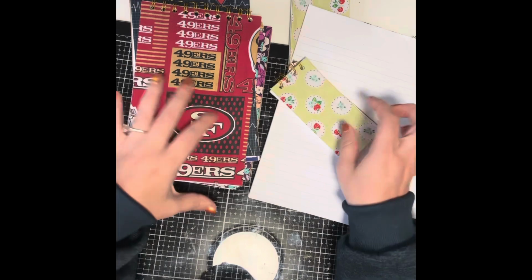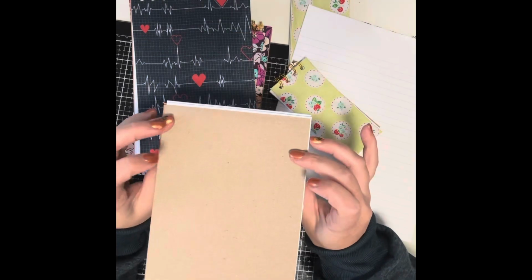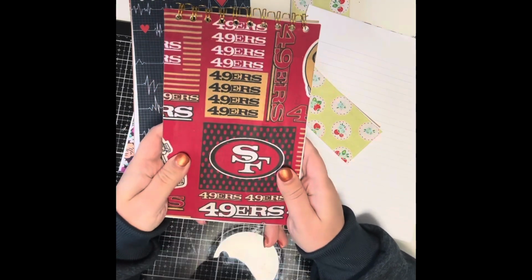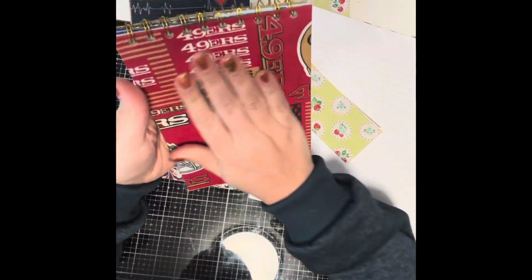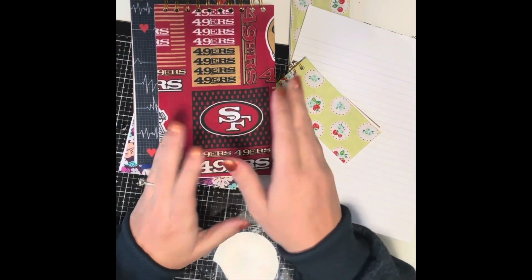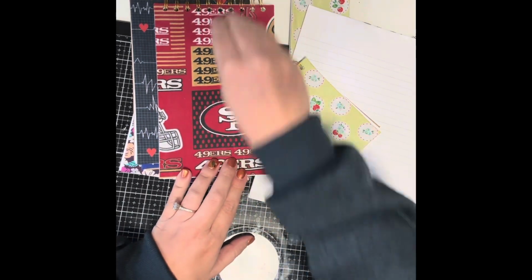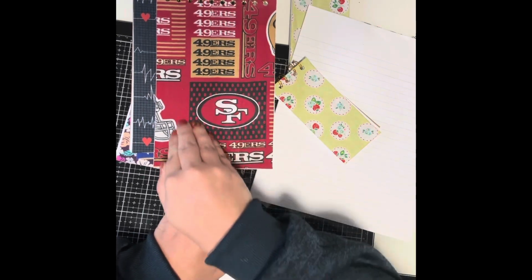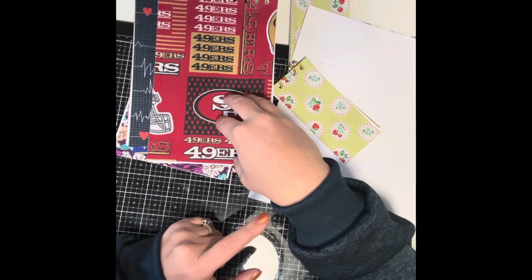So what I did was I took some chipboard and I cut it at 5.5 by 8.5, and I cut 2 of those. And then I took my fabric and I used Mod Podge, and I put it all on the back of the fabric, and then I laid the fabric on my chipboard, and then I took basically like a credit card or old gift card, whatever you have on hand, and you start pushing on the fabric like this. So then the fabric really adheres to the chipboard. I would definitely recommend using the Mod Podge